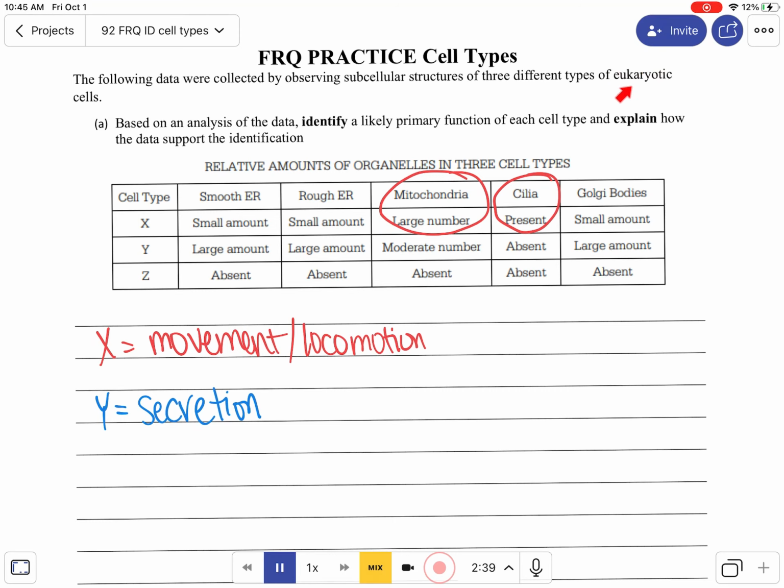So either it was mislabeled and is in fact a prokaryotic cell, but the more likely explanation would be that cell Z is a red blood cell. Remember that red blood cells have none of the organelles that are involved with normal function. Red blood cells, what they do is they provide a means of transport of oxygen. So to maximize that amount of space, they have no other organelles